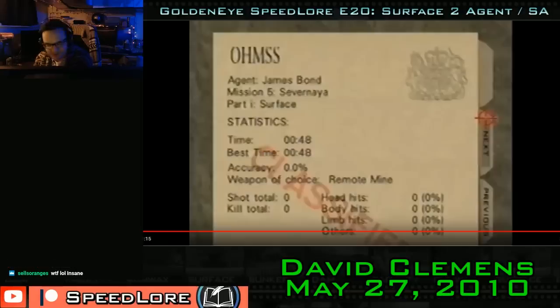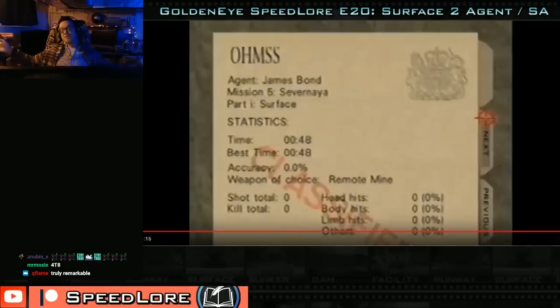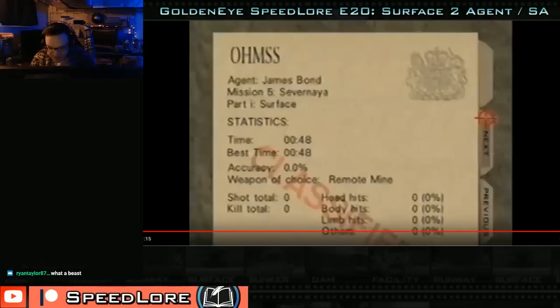Beautiful speedrun by David Clemens on May 27, 2010. Interestingly enough, Perfect Ace, who I don't show any Ace videos in this lore, got 48 that same day. Clemens barely beat him to it. And that's where things would stand, guys. That's it. That's the lore. Almost. Not quite. But things remained this way